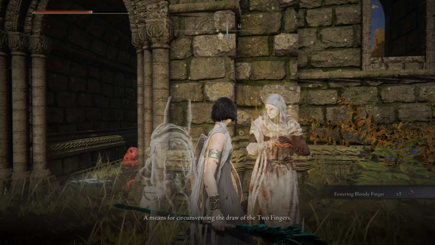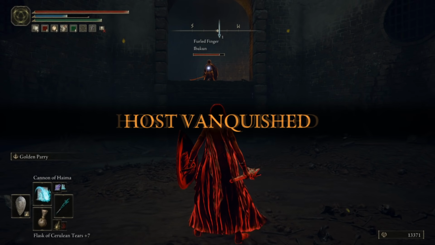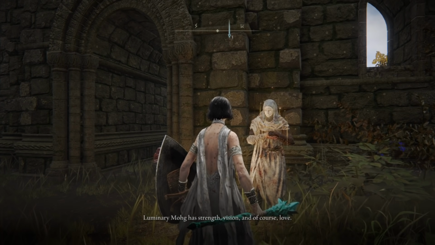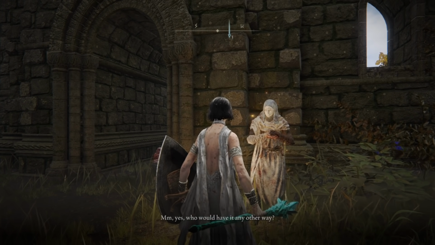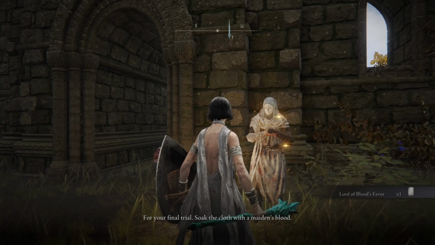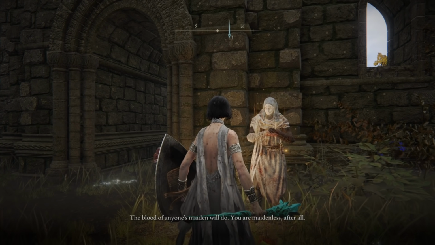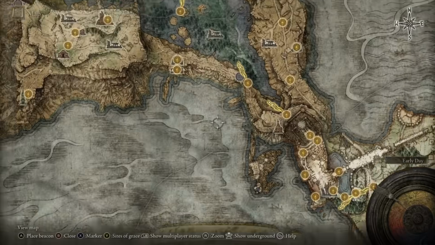You then use those bloodied fingers to go do 3 invasions. Kill them, get ganked, disconnect, doesn't matter. 3 invasions. Go back to him, agree to fully join, and he will give you a cloth to go soak in Maiden's blood. This is a problem because, again, you are maidenless, as he loves to keep reminding you, but